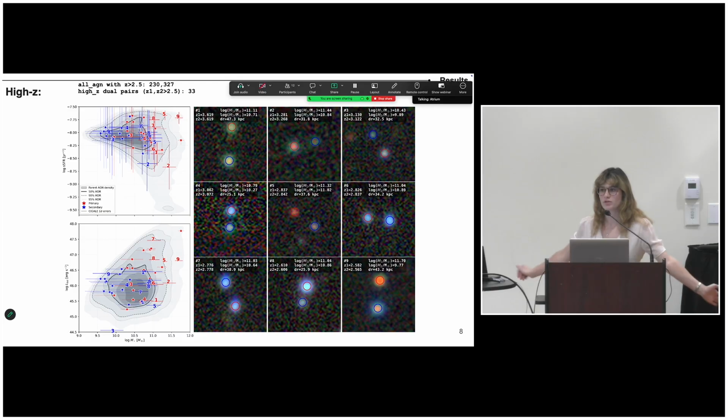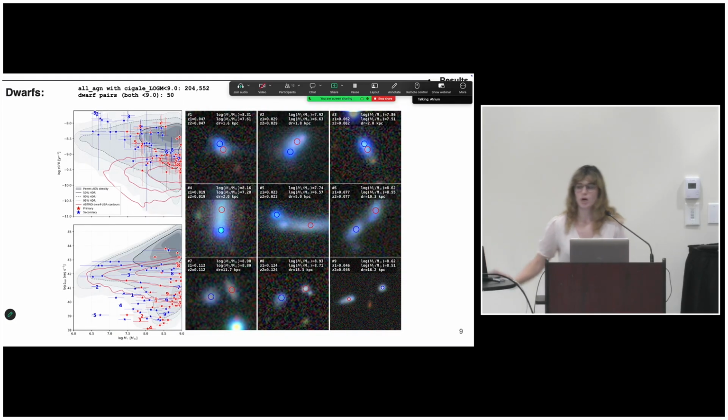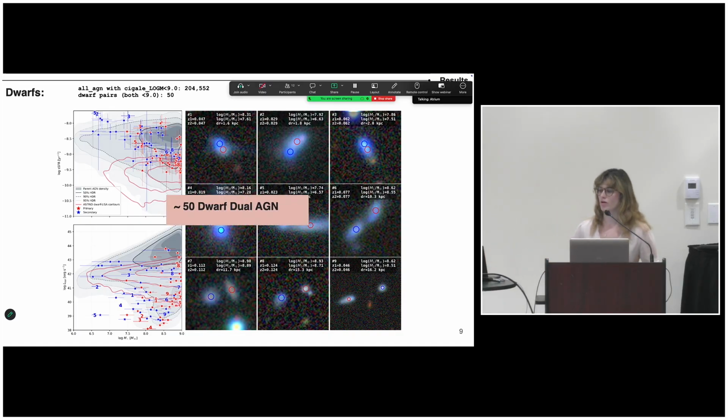So, some pretty images. We found very interesting systems, such as, for example, these are some highlights of the high redshift ones. We found around 100 cosmic noon dual AGNs. Also, more importantly for LISA, dwarf AGNs, dwarf duals are the ones that would be in the LISA band. We found around 50 dwarf dual AGNs, and we also compared how many would actually be observed in the LISA